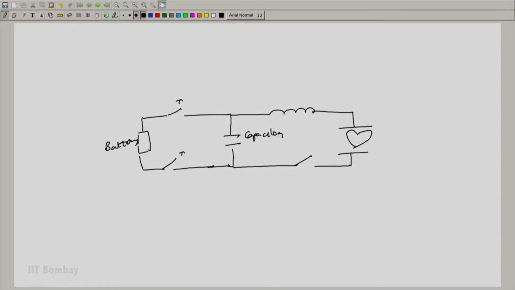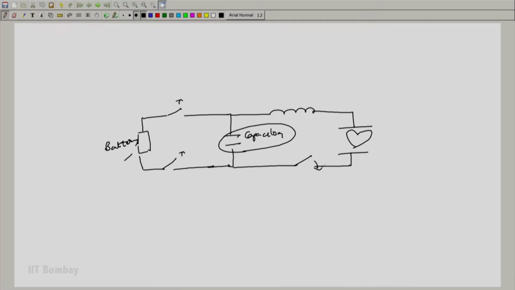What you do in a defibrillator is, you have the battery, then you charge the capacitor and then you open the switches. Now it's totally charged. So the guy is holding the defibrillator, and as soon as he places it across the heart, he jump starts the heart. You close the switch, it completes a circuit between the capacitor and the heart, and all the energy across this is given to the heart as an impulse. That's why you call it kick-starting the heart.